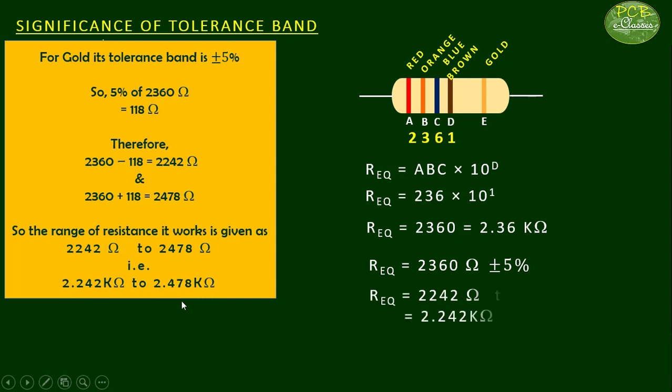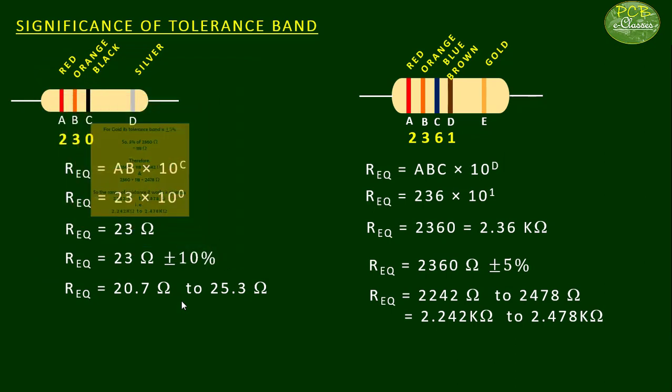This is how we find out the range of resistance value of a particular resistor. So what is the significance of the tolerance band? The tolerance band gives a range of the resistance value under which the resistor will be working. Fine.